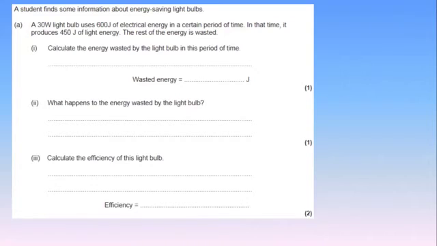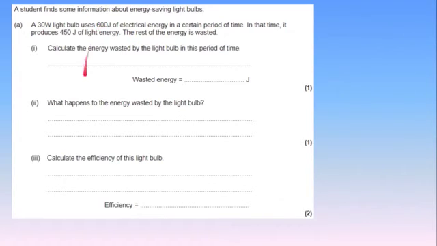Hi, Miss. Hello. Just a quick point. You say 600 is the waste energy, but I know you mean the total. 150 was the waste. The total in was 600 joules, because that's what went into the actual light bulb. Excellent. And then that's split into the 450 joules of light with the 150 that was the rest of it that's wasted. So you'll notice it totals up to the 600 that went in.